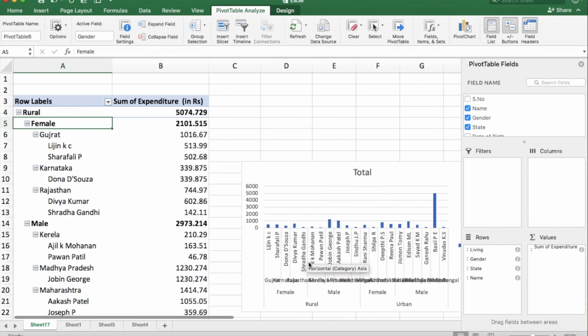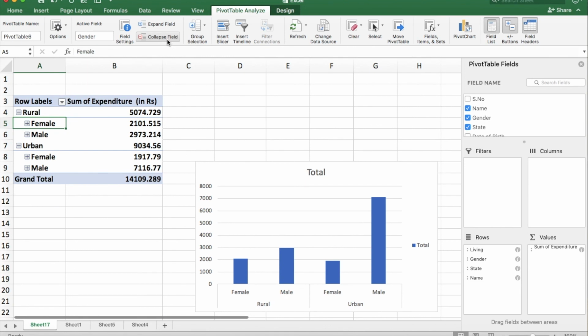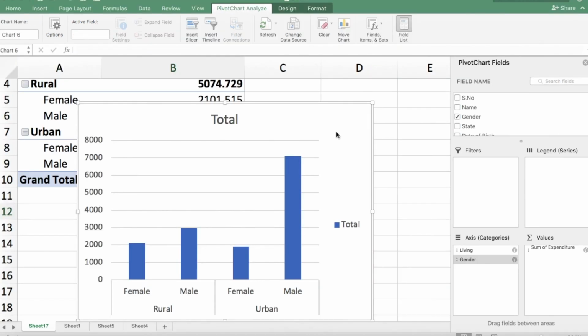So guys, if we want our field not to expand or collapse, one option is we can collapse the field and this chart will be created, or we can create the same pivot chart by inserting another pivot in the same worksheet or in another worksheet. If we try to create a pivot chart, then we can manage it. These were the features pivot table provides and makes the work easy.